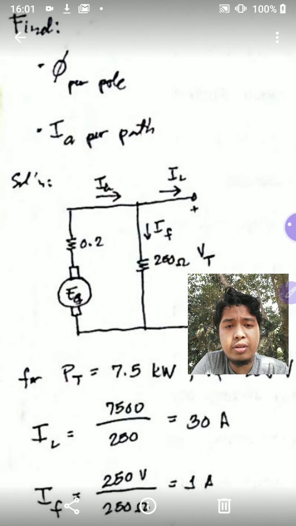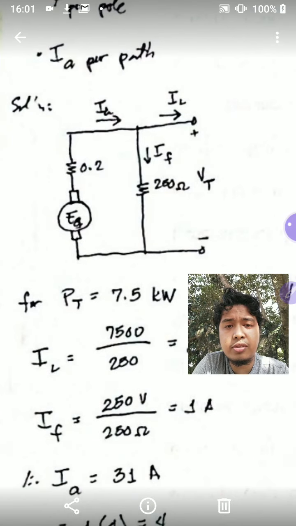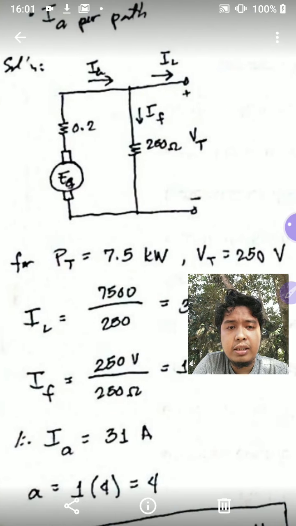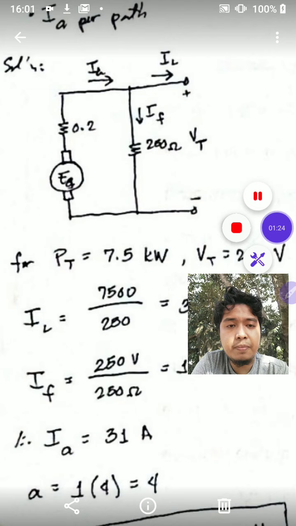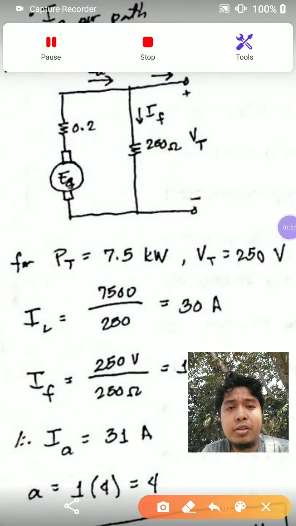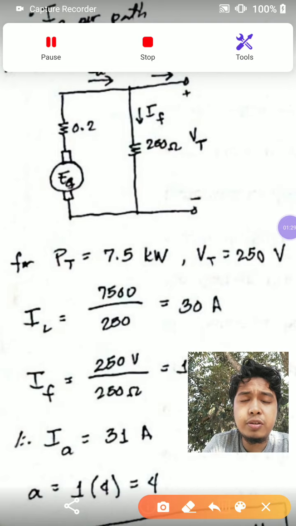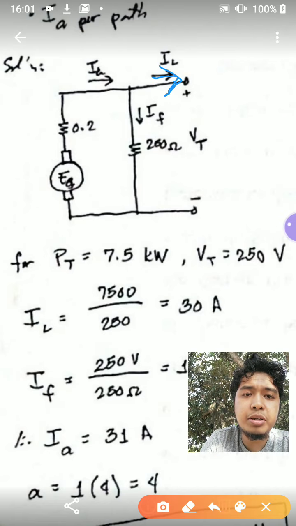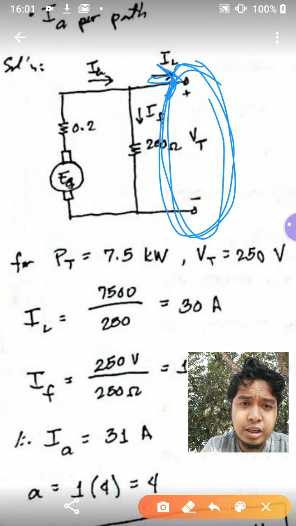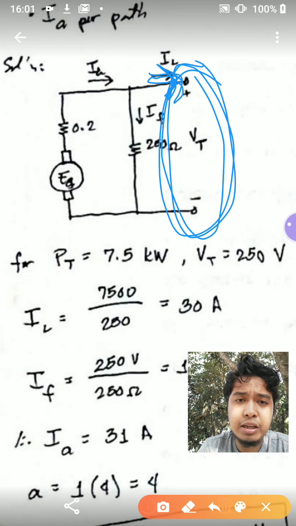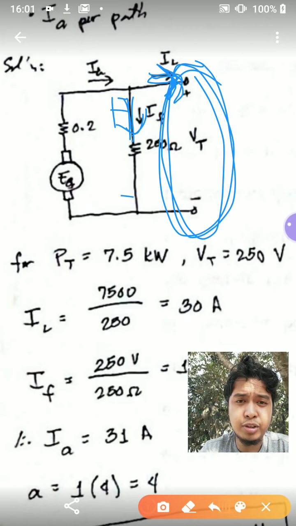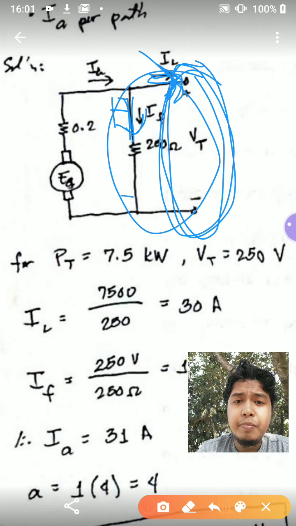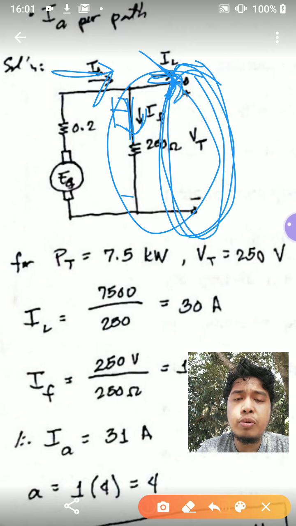So for your shunt generator, this is how it looks like. It's the electrical diagram. I want you to take note of the direction of the current. Since it is a generator, your current goes out of the terminal. This is my load current. This is where your load is connected at the terminals. This is my terminal voltage and load current. My field current is going down, positive here, negative here, and the voltage of that is equal to the voltage at the terminal. And then I have my current at the armature that is going out of the armature